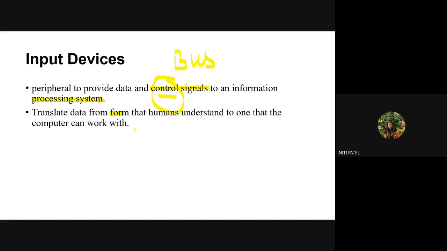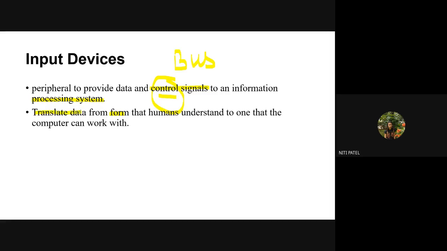I am giving a data 2 and 3. It will translate the data 2 and 3 into what? Into zeros and ones. Why? Because my computer system can understand only a binary language, which is in the form of zeros and ones. But can a user understand that language? No. So in between a user and a computer system, I have one more module which will do the function of this conversion from machine language to human language and human language to machine language. That is what is called as translating the data.